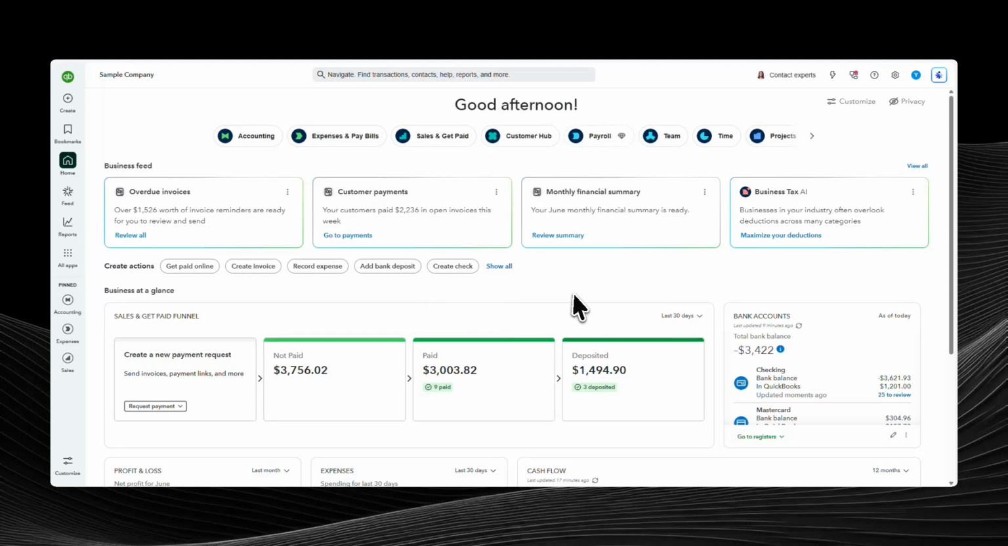In today's video, I'm going to teach you how to create sub-accounts in QuickBooks Online. If you want to keep your chart of accounts more organized and make your financial tracking more detailed, creating sub-accounts is a very helpful feature. Sub-accounts let you group related accounts under a main parent account, which makes your records easier to read and your